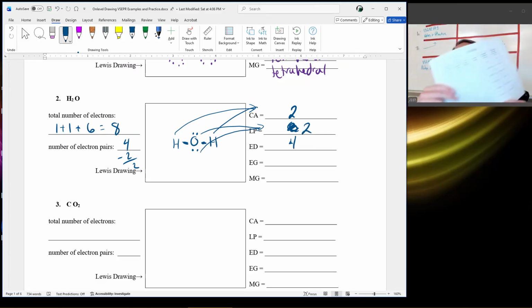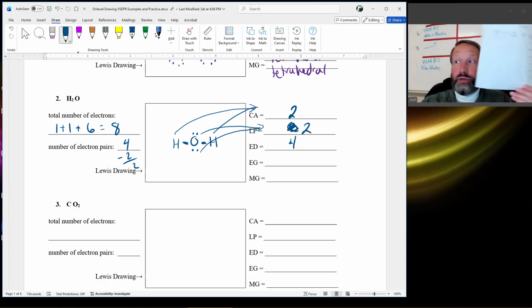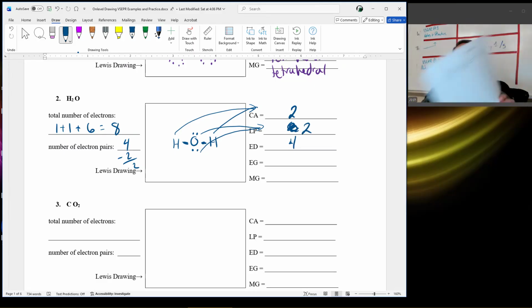And now I'm going to go to my chart. And I'm going to look for a 2-2-4 combination. There's only one row that will be a 2-2-4 combination. You did it wrong if it doesn't match just one row. If you don't match any row, you did it wrong. Go back and count again. It's that easy. Okay. My electron geometry is still tetrahedral,